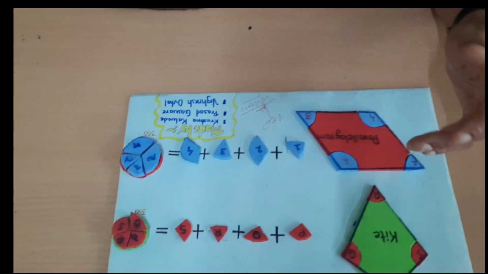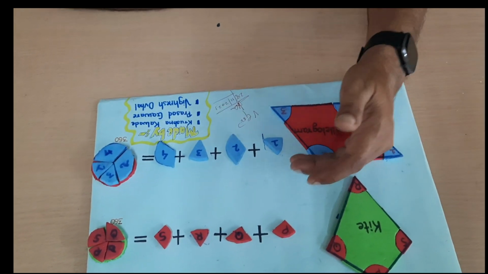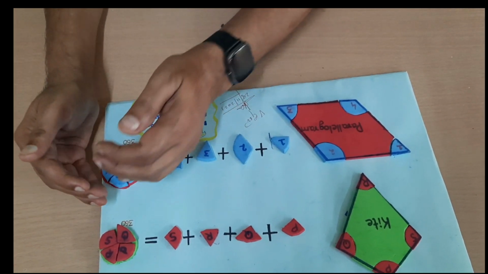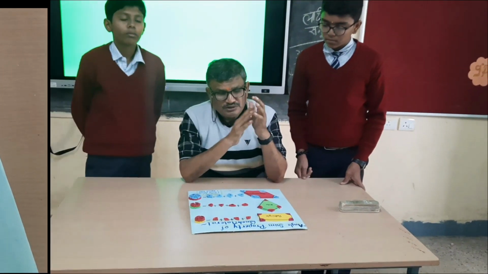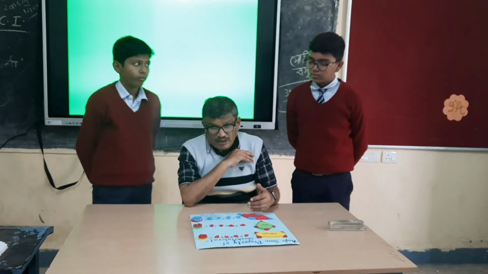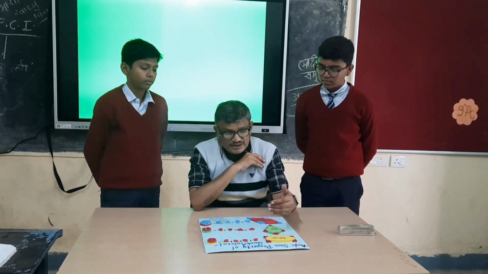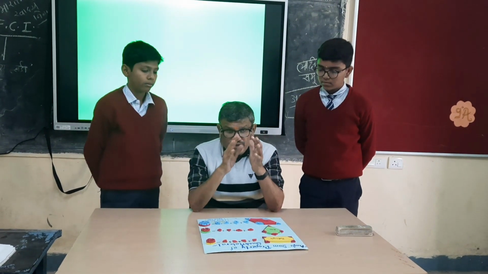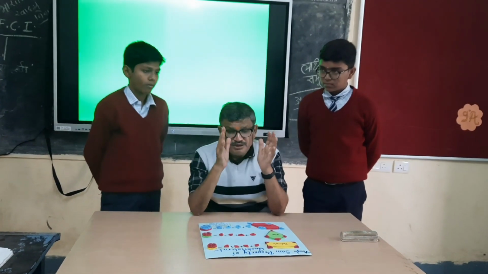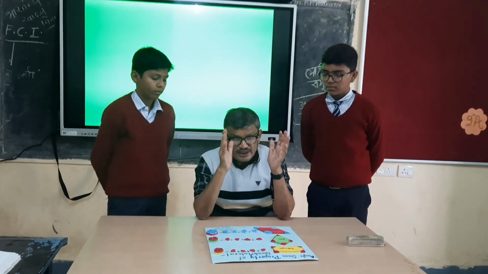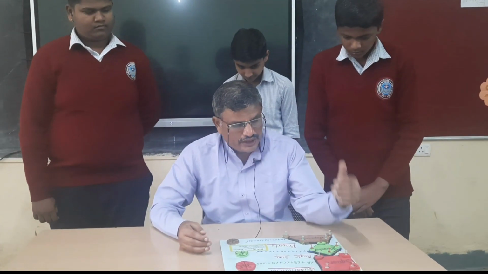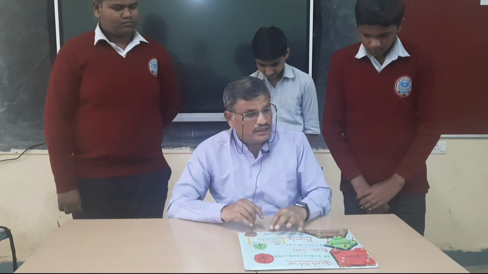So as you can all see here, angles 1, 2, 3 and 4, when they are put together, we again get a complete circle. Whether it's a rectangle, a kite, or a parallelogram, all of them represent a quadrilateral. When you add all four angles of any quadrilateral, the sum is always equal to 360 degrees. Now let us see what happens when the four angles of a square, rhombus and trapezium are added.